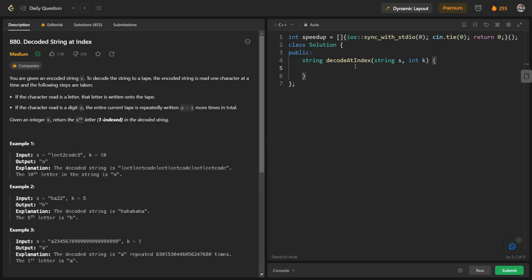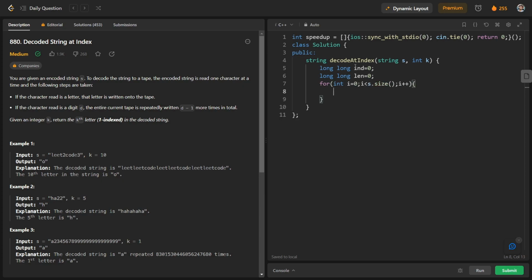So we have long index is equal to 0, and long length as well is equal to 0. And what we have to do, we have to iterate over the string. So for int i is equal to 0, i less than s.size, i plus plus. And if we are on a digit, so if s of i is a digit, what we have to do, we have to increase the value of length